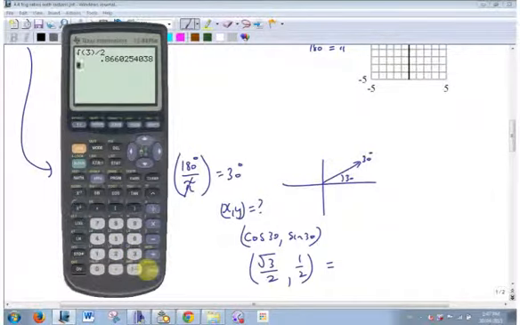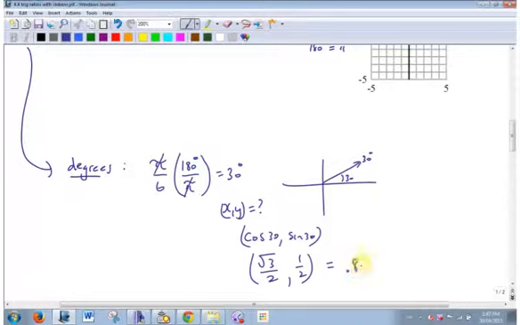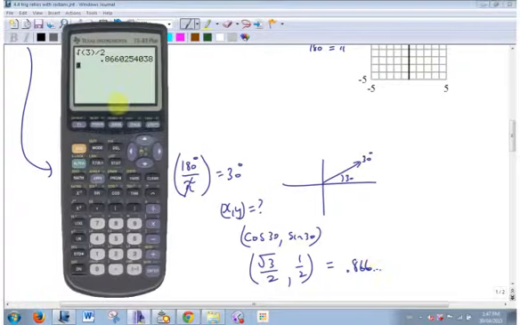Who puts in cosine 30 and gets 0.866? You all do, because you got a calculator. But exactly, that's what it is. This is just a decimal approximation, right? If it says write it to 4 decimals, then you put in 4 decimals